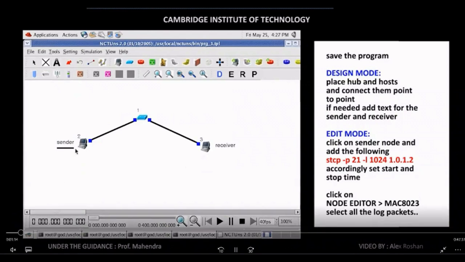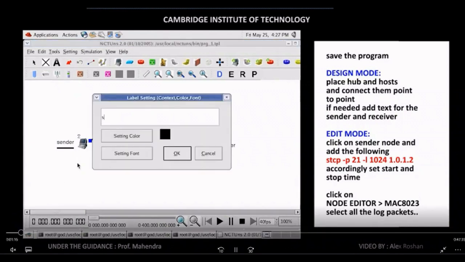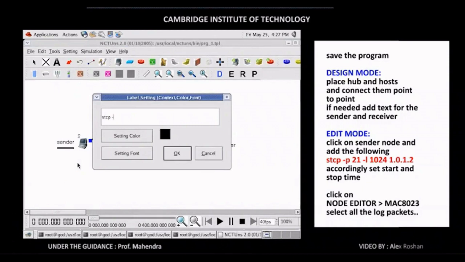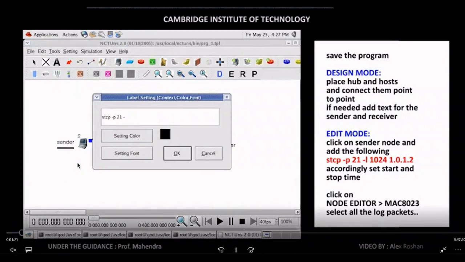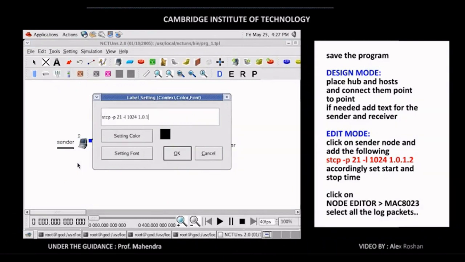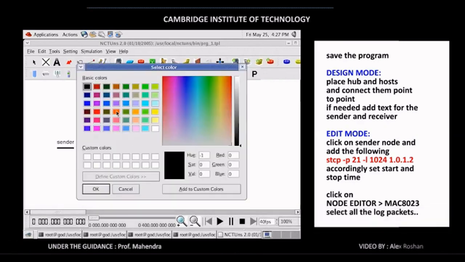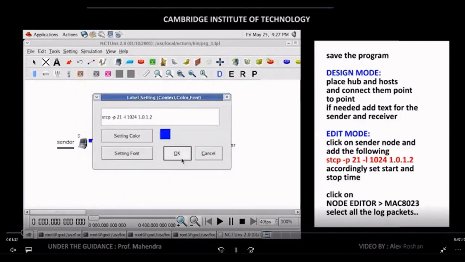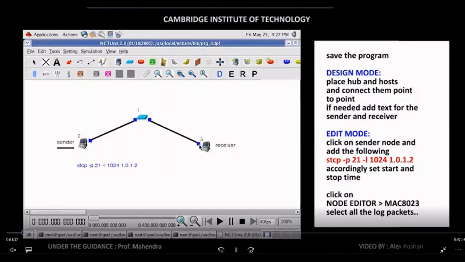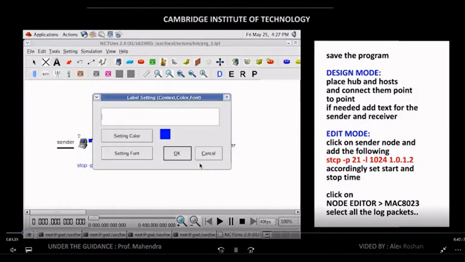Then you can click on edit and place it as STP. What is the formula you are going to use in the edit mode? We'll see about it now. Now you are labeling the things. You can give the labels also. All this is for your understanding. It makes sense, and it will be very easy for you if you label these names.